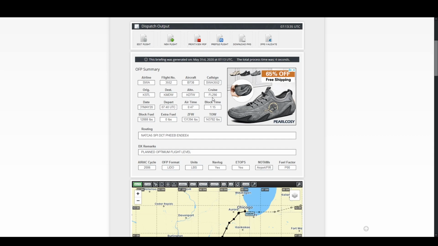And all this stuff is what we should be writing down. Our cruise altitude for this flight is going to be flight level 290, which is 29,000 feet. It gives you a block fuel, which is 12,888 pounds, a zero fuel weight of 131,394 pounds, and a takeoff weight of